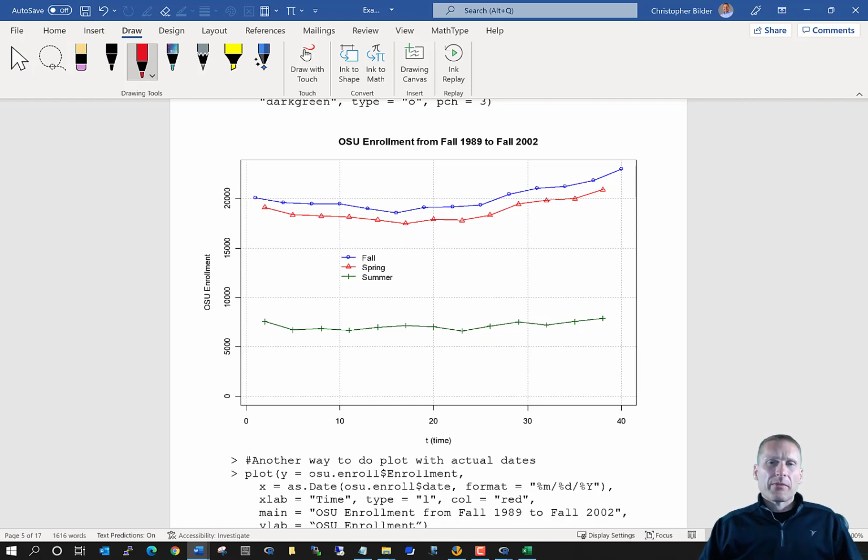And to continue on this, I want to now do the same kind of plot, but now using actual dates for my x-axis. Because again, with time series data, typically we're collecting the data corresponding to a particular date. In this particular case here, we have semesters, fall, spring, and summer, but we can think of, let's say, a particular date in the fall, a particular date in the spring, a particular date in the summer when that data was collected. And putting the date now on the x-axis rather than the time index of 1, 2, 3, and so on can be very helpful in many situations.